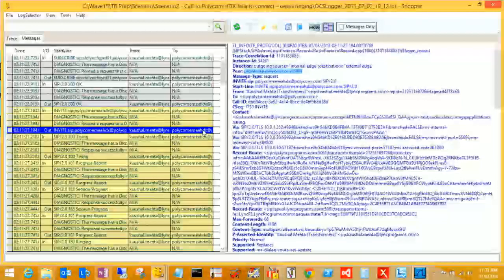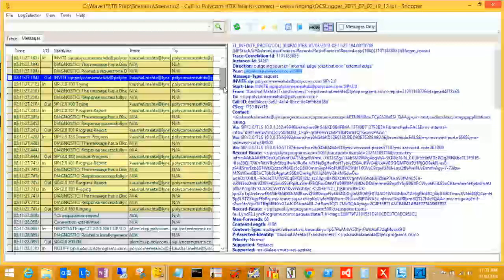And then what I'll directly try to focus on is what response I'm getting from the Polycom endpoint. Because from the mobility clients, I did see clearly that the Polycom endpoint is sending just a private IP in the O line, and there are no IPs. So let's try to see if